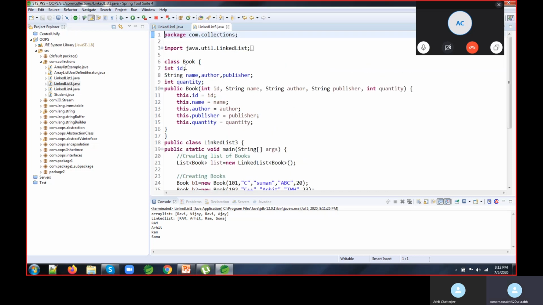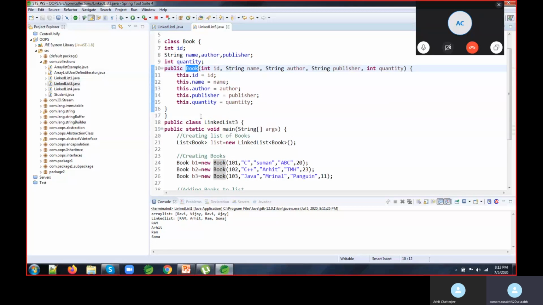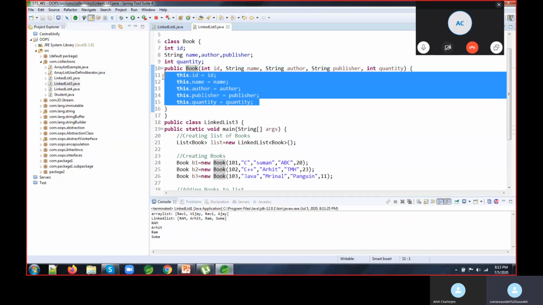So here this is the user defined class. Here we have done just adding one variable, but we want to add more values. So here what we do, we create one class. The class name is Book. Book has ID. Book has name. Book has author. Book has publisher, and Book has quantity. So I have taken one constructor, and we do this dot value. Like the getters and setters I have shown you, only creating a constructor.